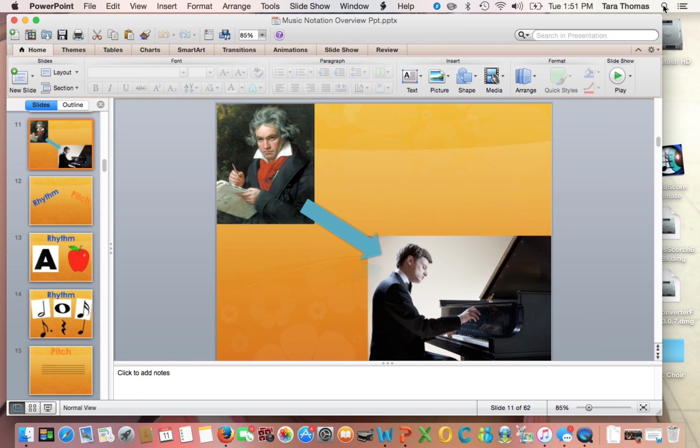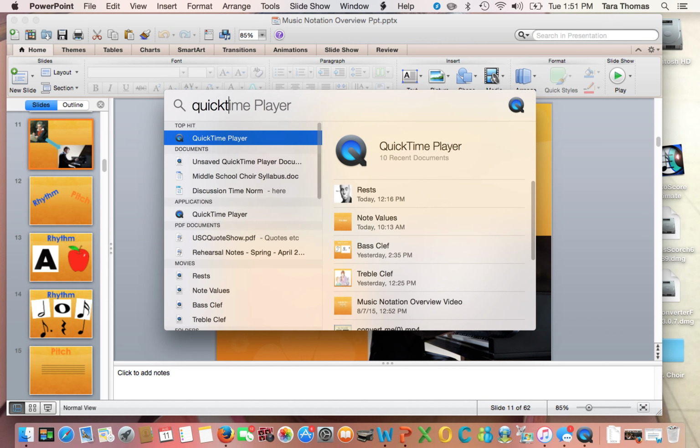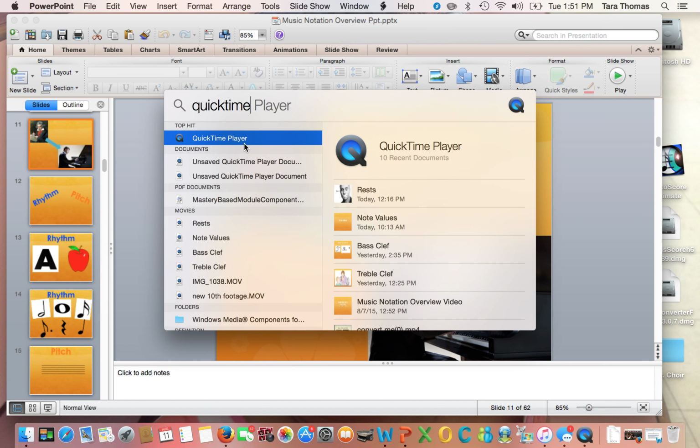Then once you have your PowerPoint presentation that you want to go over and speak about open, you're going to go to this little magnifying glass feature and locate what's called QuickTime Player. And what's great about the search feature is you don't even have to type the whole thing before things will pop up. What you're looking for is QuickTime Player right here. It also may be located down here at the bottom where all of your applications are located. So either way, you can click down here or you can click up here. You're going to click it,